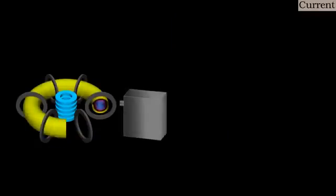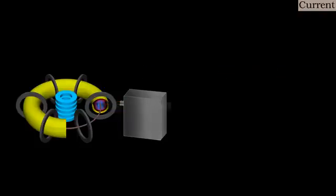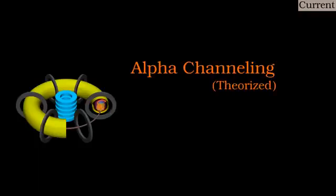Fortunately, the other methods of heating the plasma can also be used to drive a current through it. If the neutral beams come in at an angle to the torus, there will be a resulting flow of charge, an electrical current. This is the typical setup on high-performance tokamaks. Electromagnetic waves can also drive currents. The lower hybrid resonance is particularly good at making electrons flow around the torus, so many tokamaks have microwave systems for lower hybrid current drive. There have been some proposals to enable the helium-4 fusion products to also induce current, but they are as yet